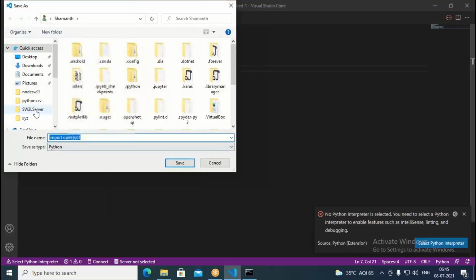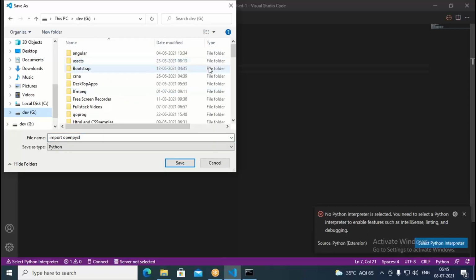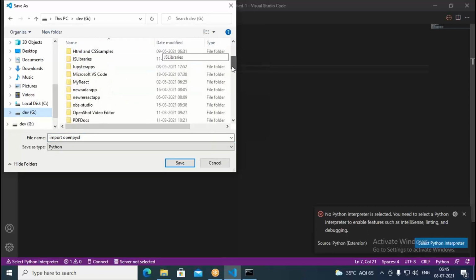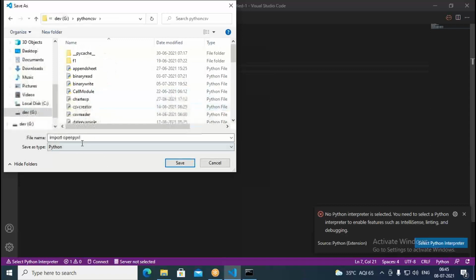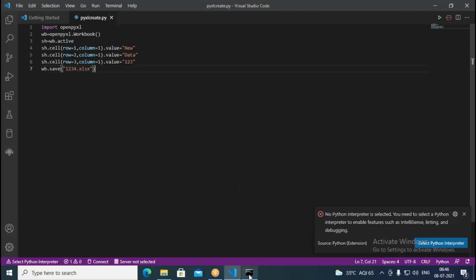I want to save it here in the G drive, in Python CSV. I put the name as PyExcelCreate, then save. The Python file gets created there.